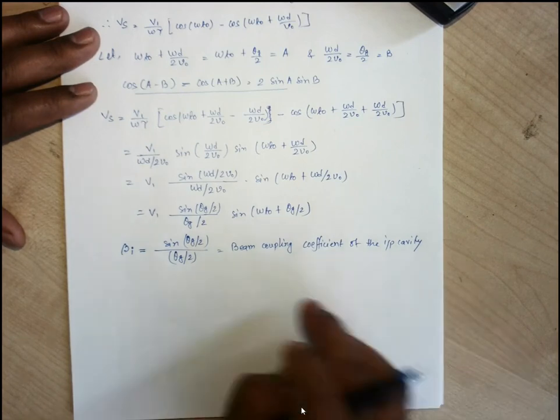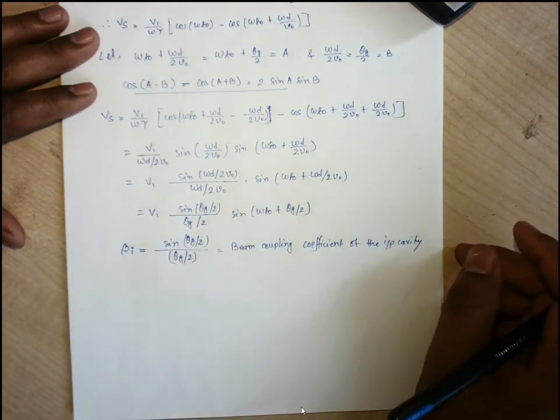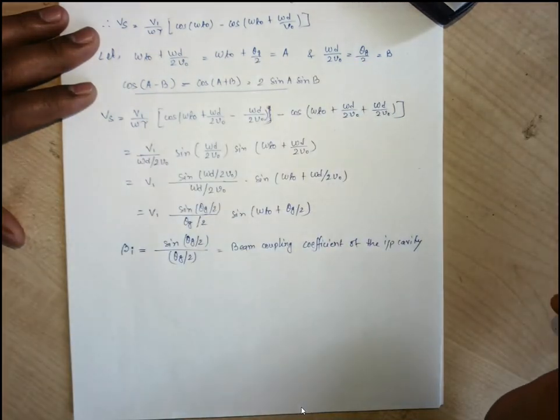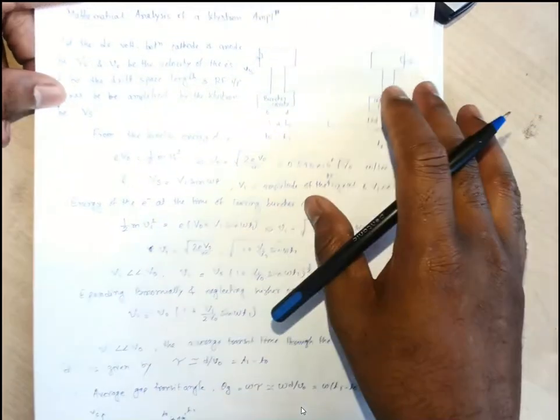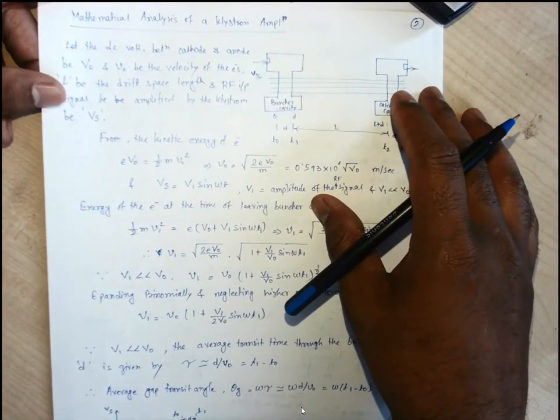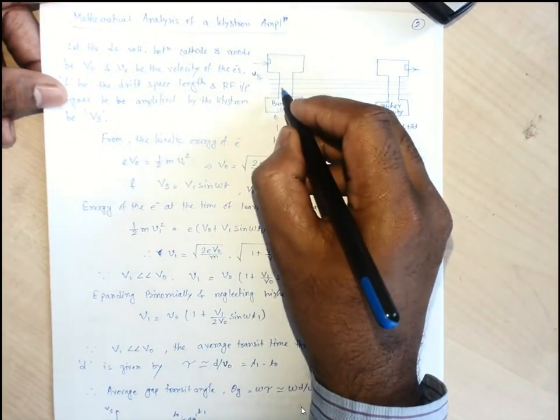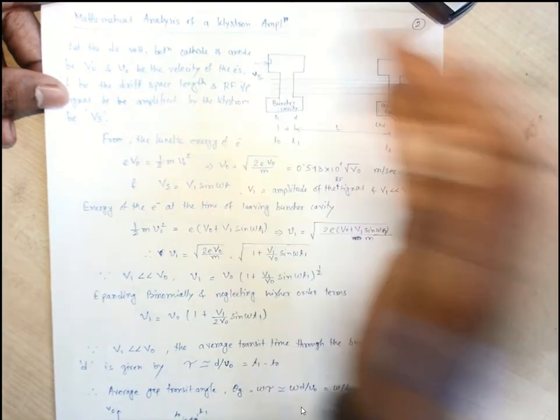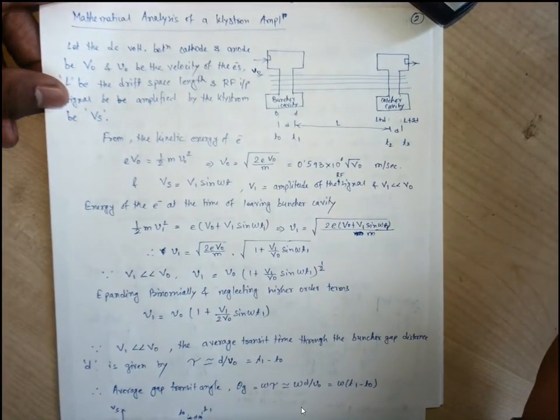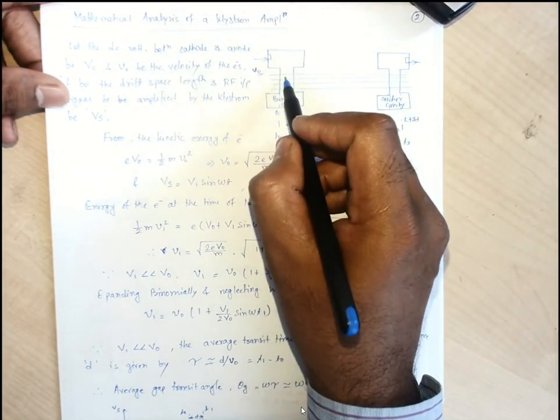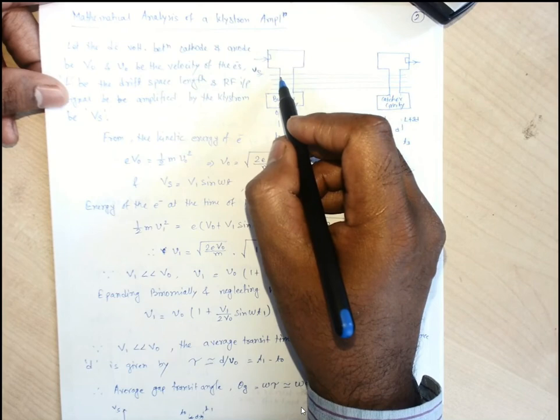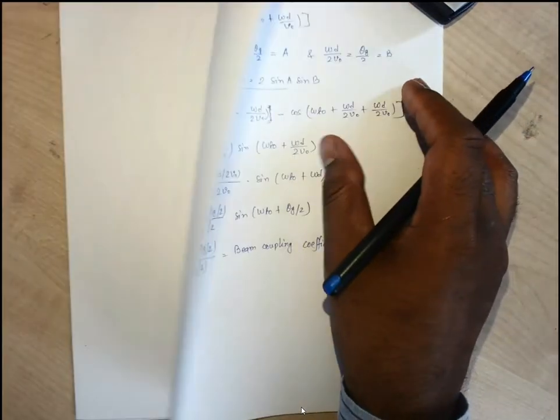Now if we look into this parameter, let us consider if we increase the gap. Normally, if we look into the diagram, increasing this gap, we can have an increased amount of interaction with the RF signal, because so many electrons will get interacted with increasing this gap. That is what our normal concept says, that increasing this gap will increase the interaction between the electron beam and the RF signal, right?